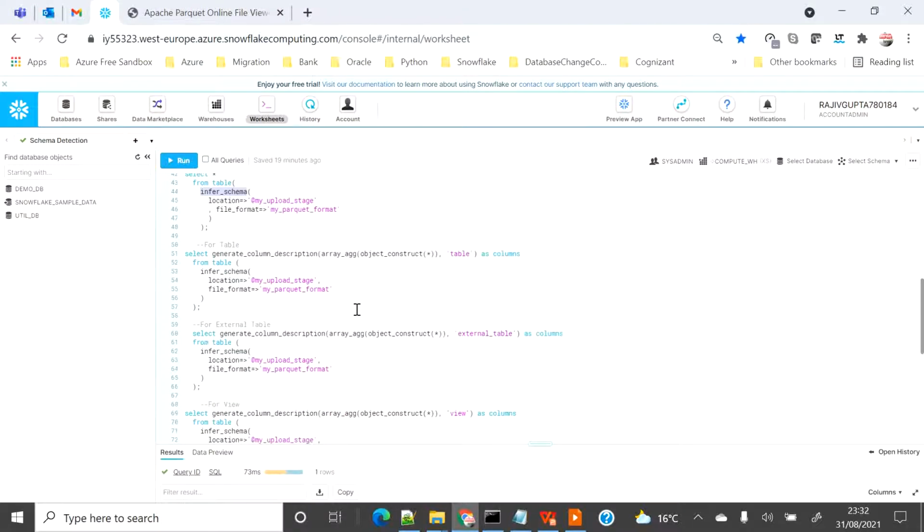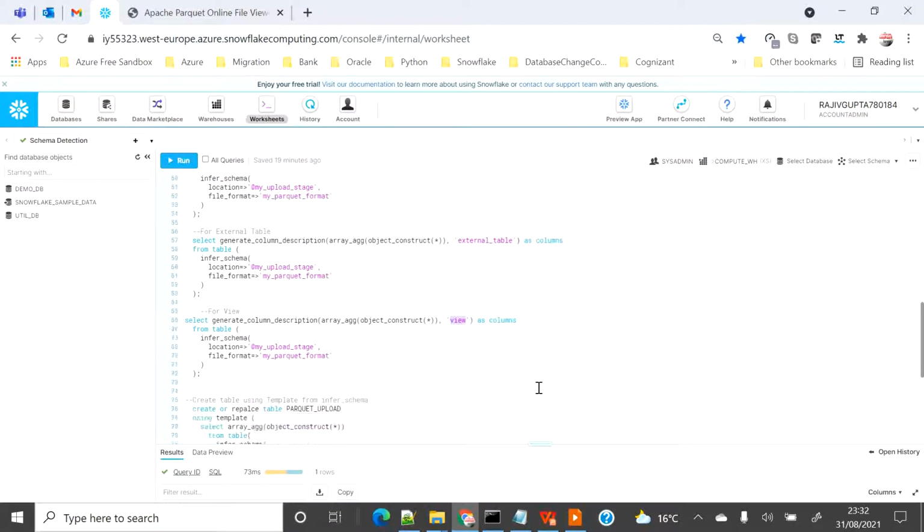The second inbuilt function which Snowflake is going to release is GENERATE_COLUMN_DESCRIPTION. This function returns the list of columns in the format of the object you want. It can return it for a table, an external table, or a view.